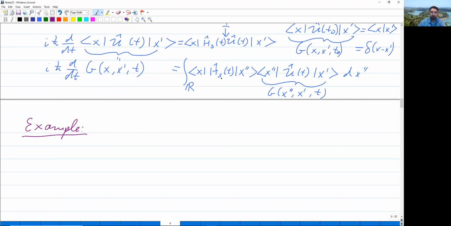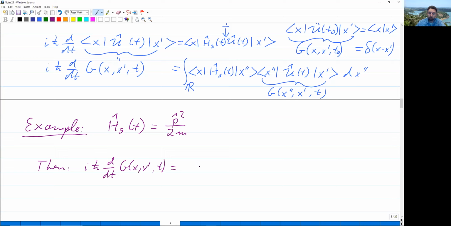I mean, ultimately, we want to simplify this, but let's first simplify it in an example, and then we'll simplify it in general. So let's say our Schrodinger Hamiltonian is p hat squared divided by 2m. Well, then, where did we arrive? Well, then we have that i h bar d by dt of G of x and x prime and t is equal to the integral over the real line of x and then